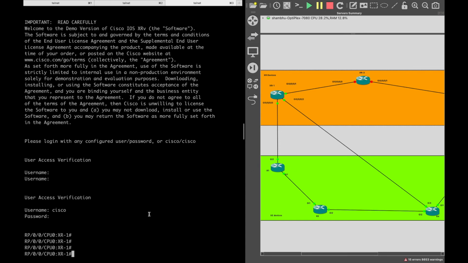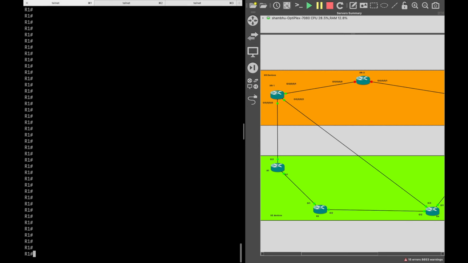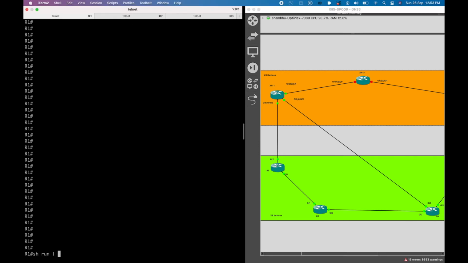Now as soon as I put the RLFA configuration, it will try to identify those intersection point routers, the PQ space router, and then it will establish a directed or targeted LDP session with those routers, and that's what we are going to see now. So for example, let me move to one of the XE routers, show run section